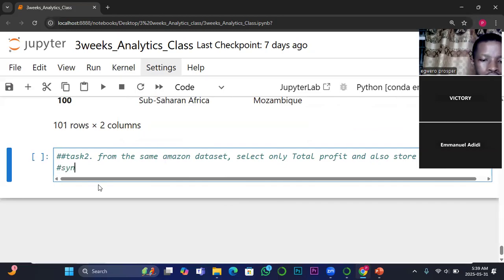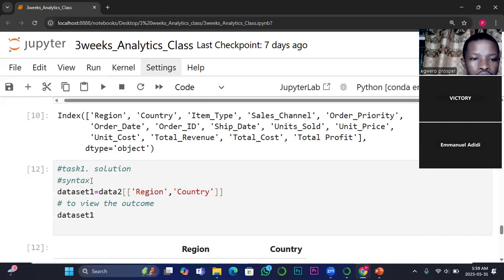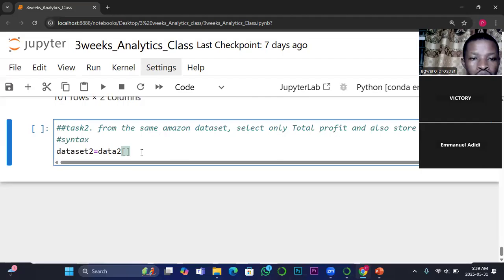So I will simply write syntax in case you want to make your note later. Syntax. So I will say data set 2. Data set 2 is equals to data 2, select, was it data 2? Let me check. From data 2, select